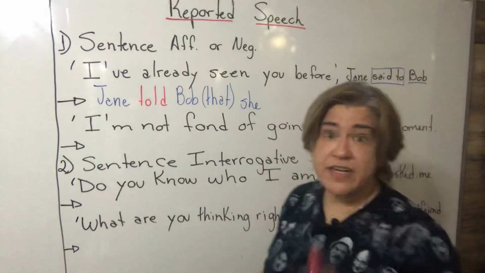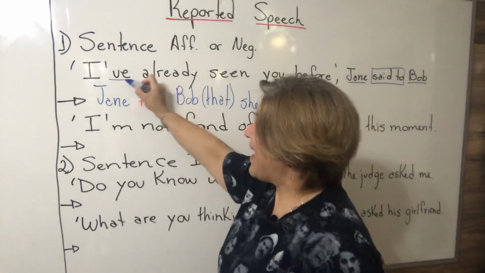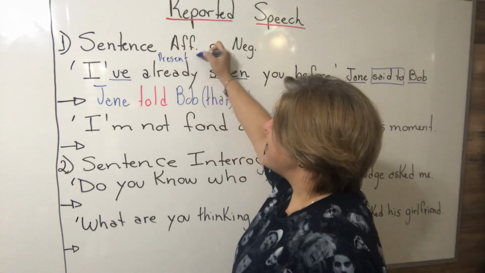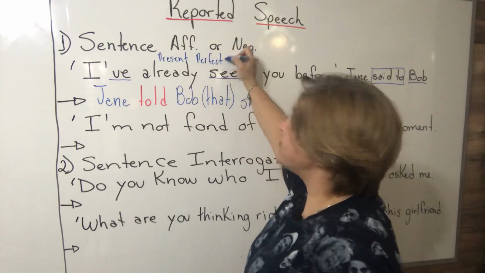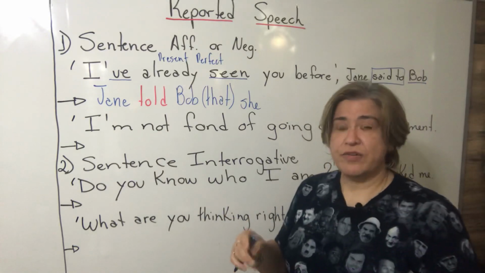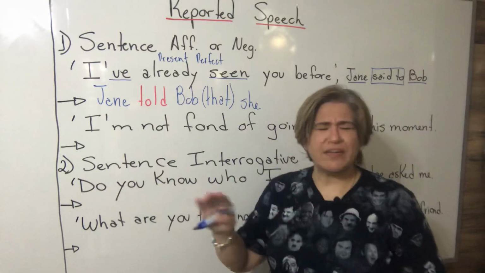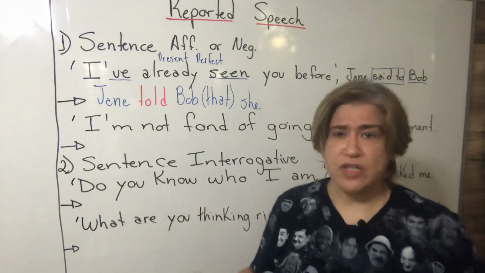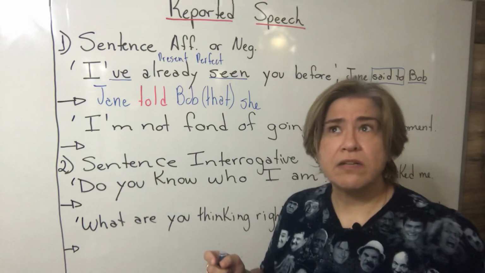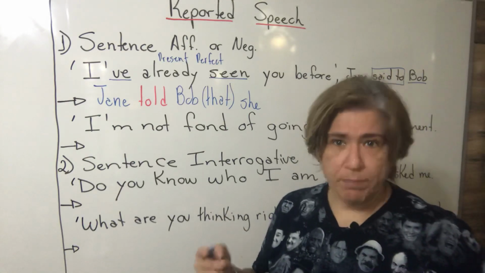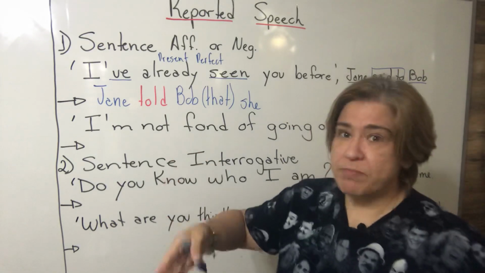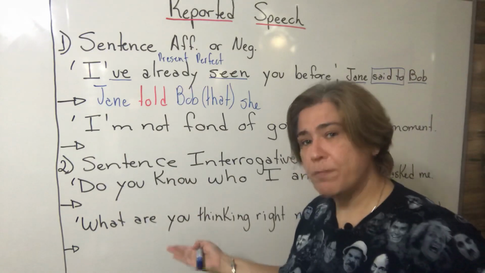Now, students, here is the part you have to pay attention to. Have seen is present perfect. Agree? And the teacher told you that in reported speech we have to put verbs in past tenses. So you have to think about everything we have studied about verb tenses. What is the past of present perfect? Past perfect. So it's not simple past. You are going to use past tenses. Present perfect, the past is past perfect.